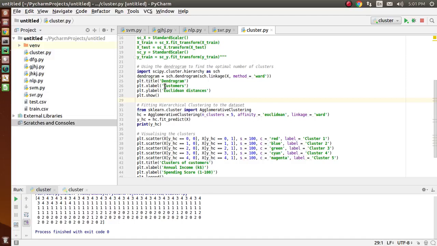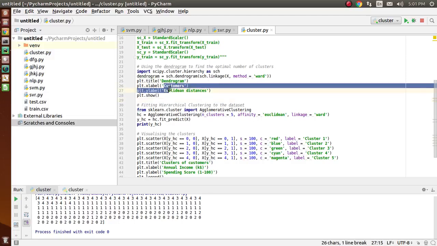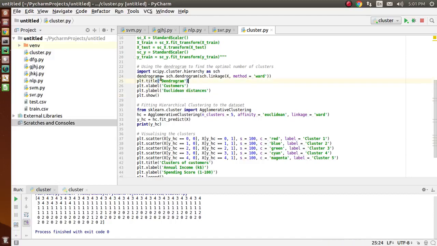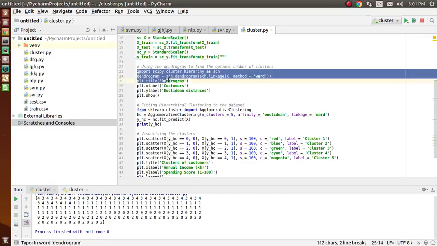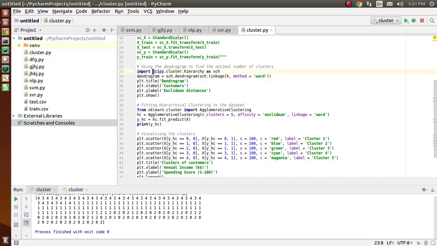So we have plotted the graph between customers and Euclidean distances, that is the dendrogram. And here is the code for the dendrogram which we have used. We have imported the SciPy library for that.